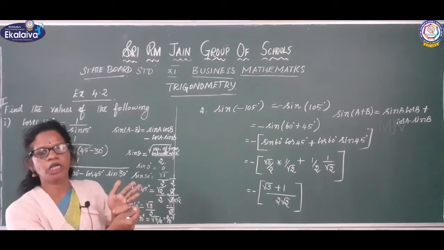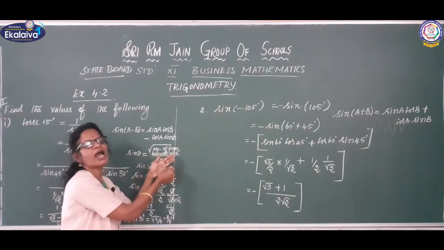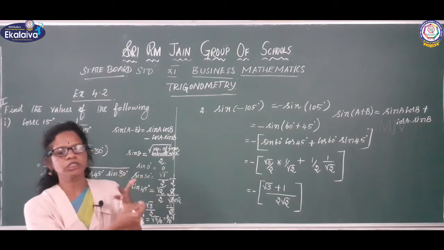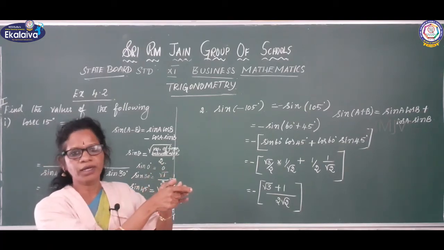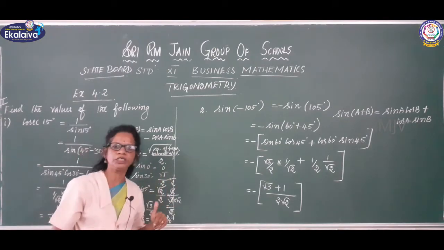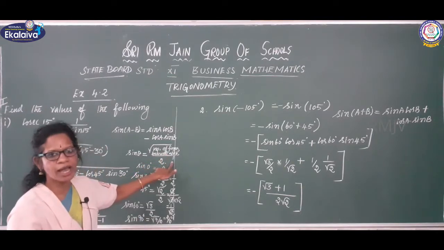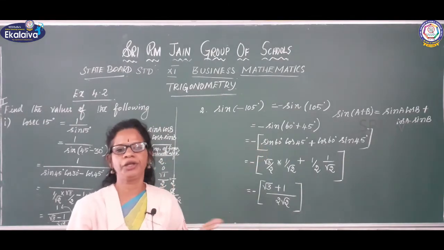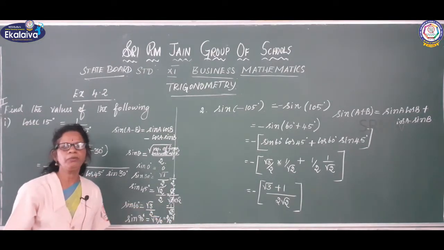Below 0 degree, how many fingers are there? The same square root of number of fingers above the angle, right? Cos means above the angle you should say, right? This is my 0 degree. Above 0 degree, how many fingers are there? 4 fingers, right? Square root of 4, 2, 2 by 2, 1, cos 0 value is 1, right? Simple. Sin means square root of number of fingers below the angle by 2. Cos means square root of number of fingers above the angle divided by 2, right? Now you people understood. Got it, children?